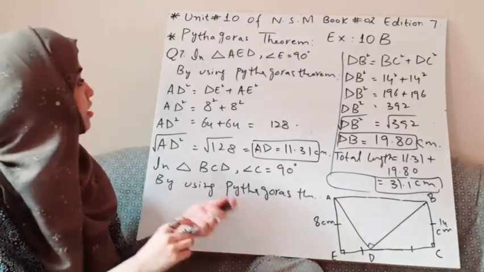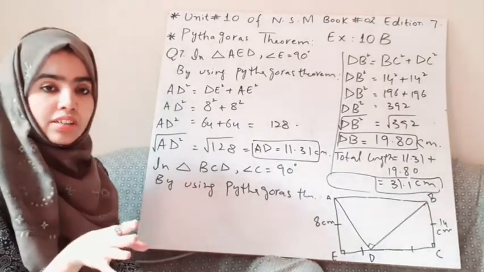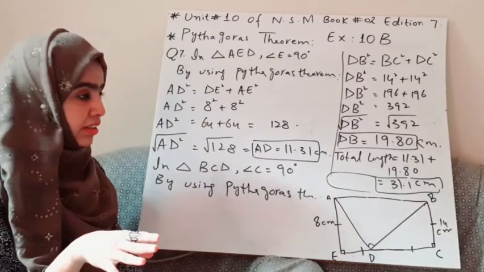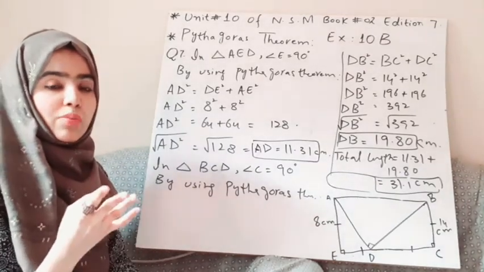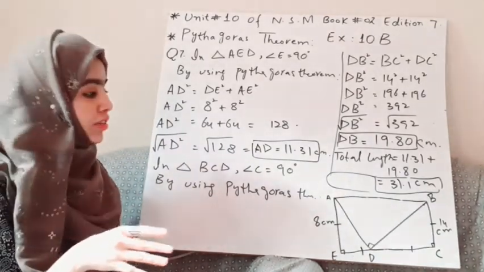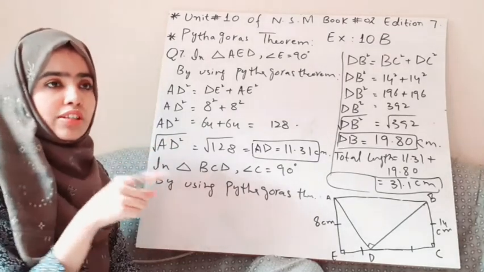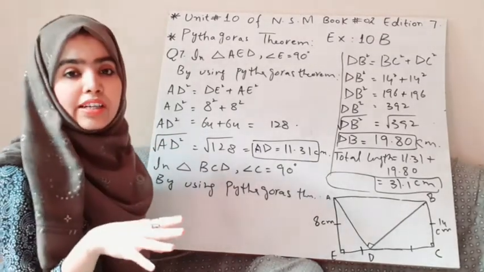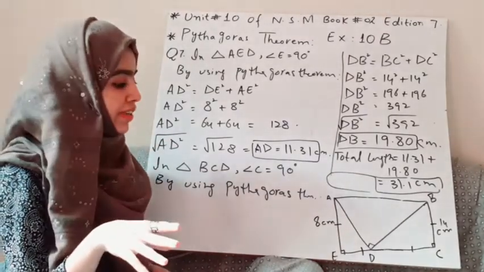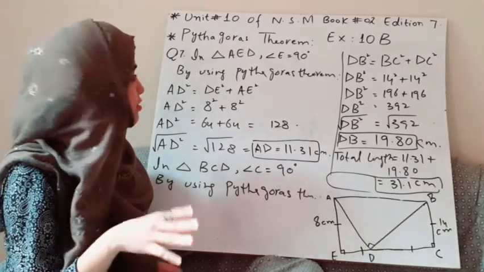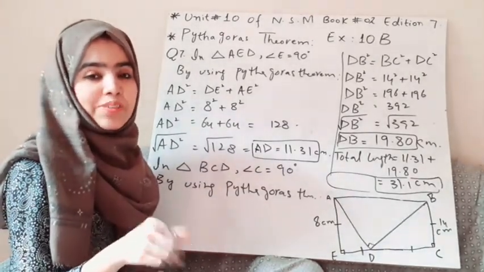Now question number 8 is your homework, in which there is a rhombus figure. You have to Google what a rhombus is and how many sides it has. So you have to solve it. The diagonal length of the rhombus is given in question number 8. That is your task. You have to solve it, and then we will start question number 9. Hope you can solve it.